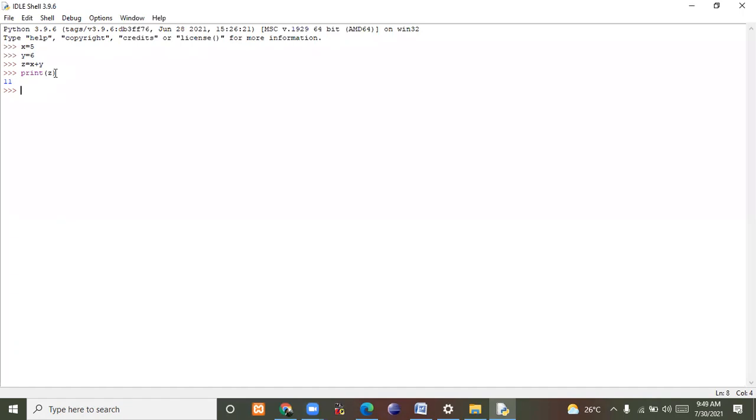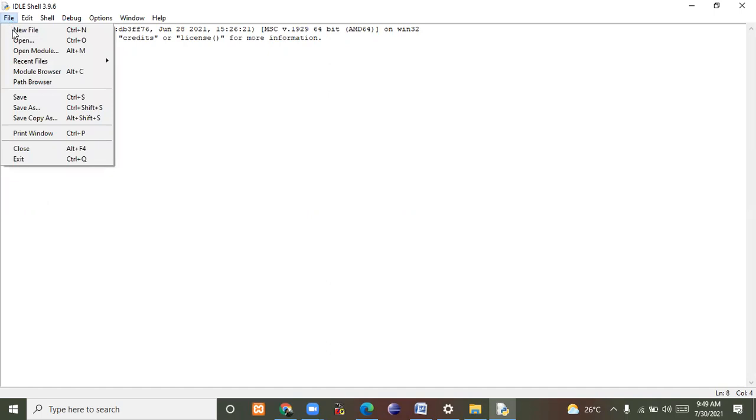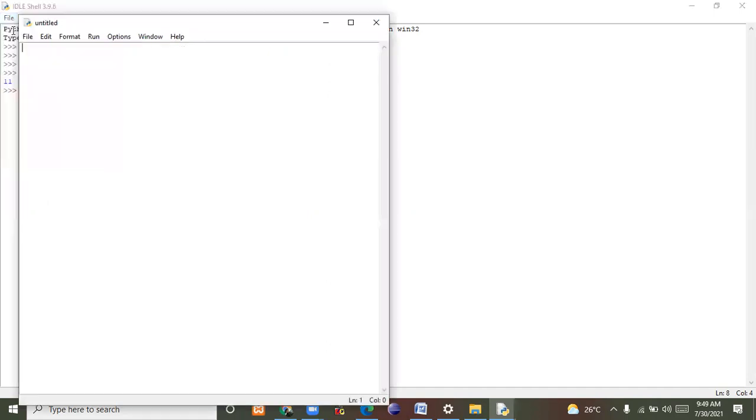Simply go to File, New File, open it, and here I type x = 5, y = 6, no semicolon, students, nothing here. Directly you have to execute it. Print is like System.out.println in Java, printf in C. There are no format specifiers, nothing. That's why Python is very easy.